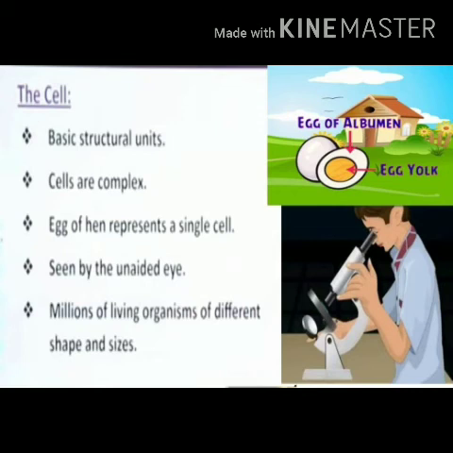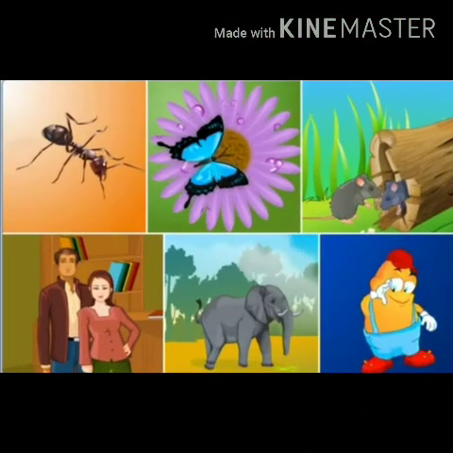So how do scientists observe and study the cells? With the help of microscopes which help in magnifying the images, and also by making use of stains which help to color the different parts. Okay, and they are able to get the detailed structural arrangement of the cell. Now students, as bricks are the structural unit of buildings, but buildings have different shapes, designs and sizes. Every building is made up of bricks only, but looks different from each other. In the same manner, organisms also differ from one another, but all are made up of cells.